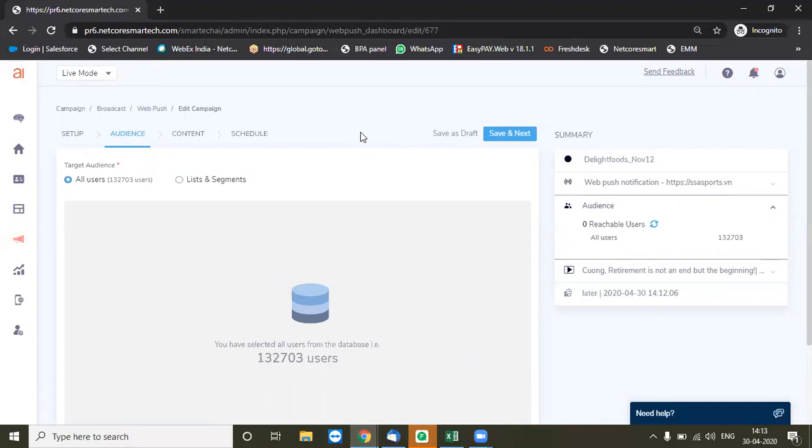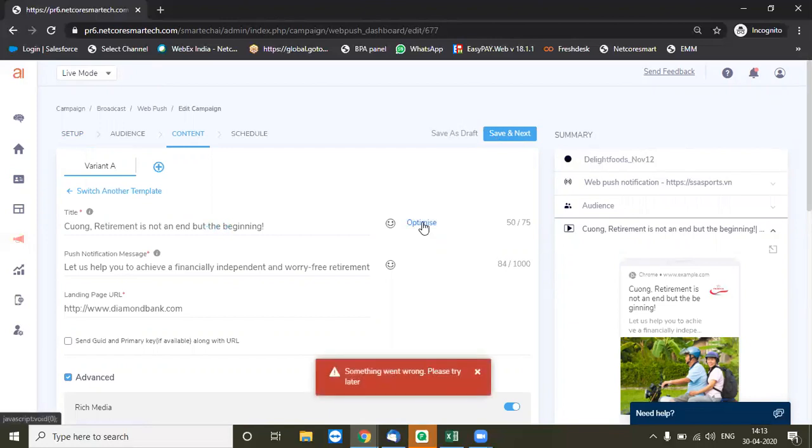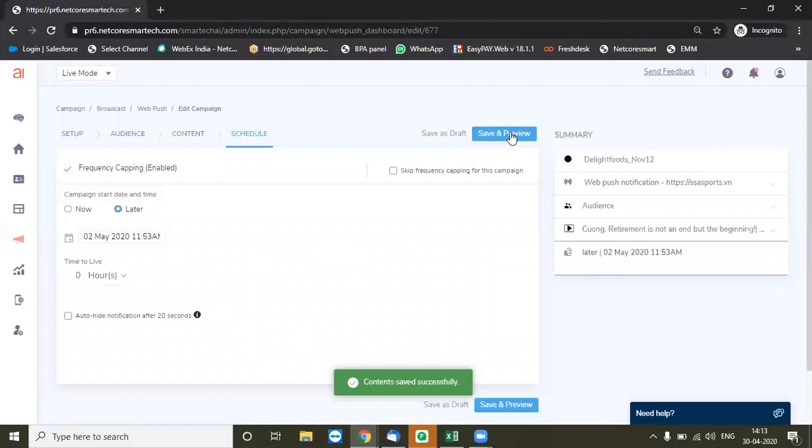And here you have the audience selection, so which kind of customers you want to connect, a typical segment or a list, or maybe your complete database. Then you select your content or create the content right at the go. And you can use features like optimizing the subject line or the title line. And you can use the scheduler to identify the best time or the best date.